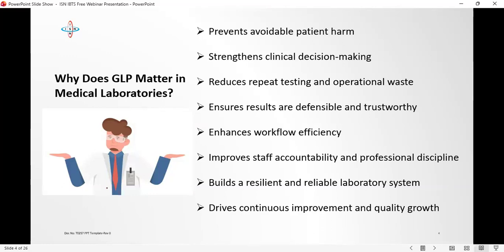However, when the result got to the clinician, the doctor looked at the result and said, this does not match the patient's clinical picture. Just imagine that statement alone is something that every laboratory professional should take seriously. You confidently send out the result, and your clinician is telling you that the result you just sent out does not match the patient's state.